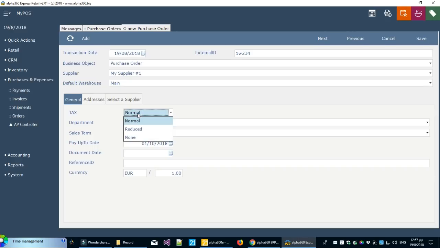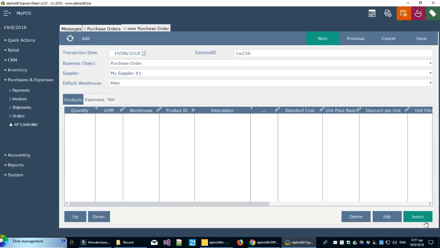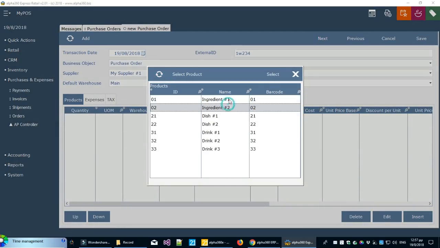Remember that taxes have 3 states: normal, reduced, or none, exempt tax. These are the sales terms, and the sales terms are not important by themselves, but they just control the payment due date. Although the system does not support multi-currency in the user interface or the business processes of the retail part, it is there inside the data models. Now, since we have selected the supplier, let's go to the next step, and we are going to select, let's say that we got